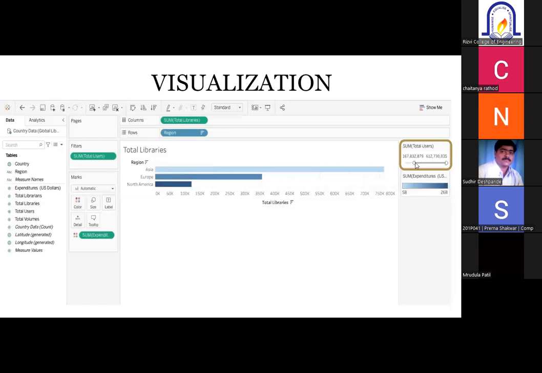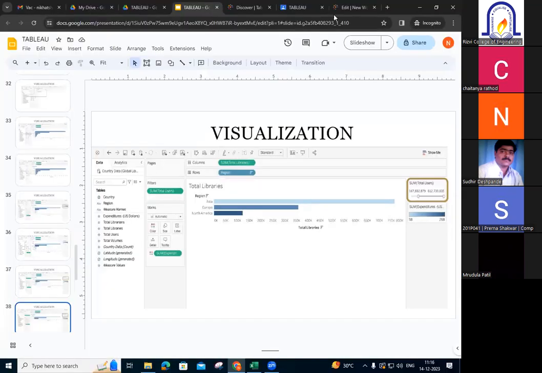Okay, so in this, if you include only color, only then it will be showing like this. Okay, we had selected other things also, so it was showing like this. I will just let my screen